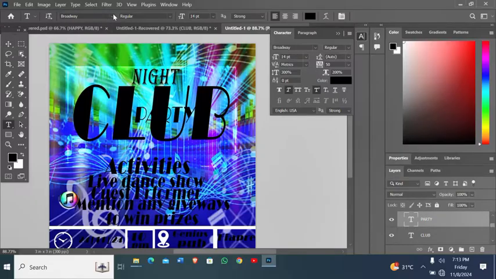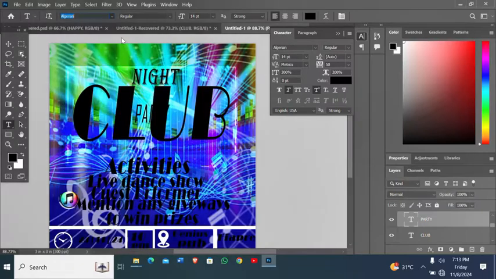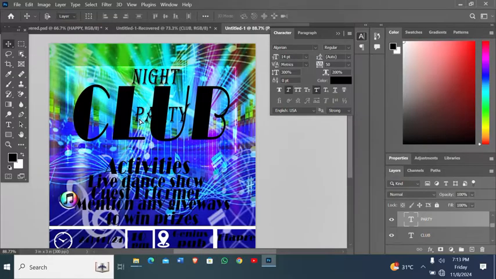So I'll select the party and then choose Algerian for the font family. And you see the font size is 14 with the height of 300% and space between it is 200%. So the next thing is I'm going to group all the text with the box inside the box as